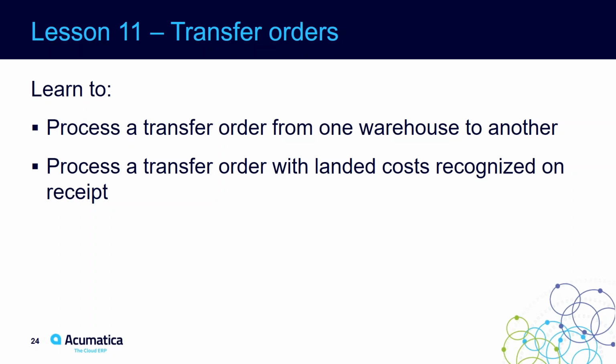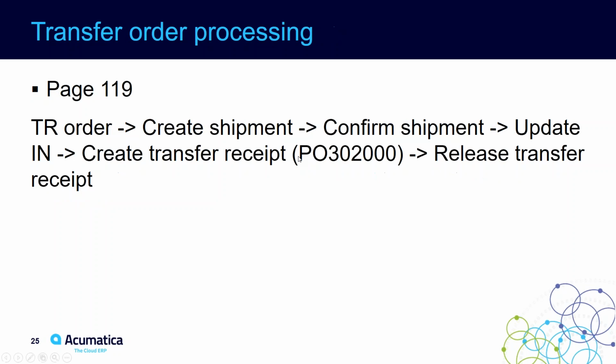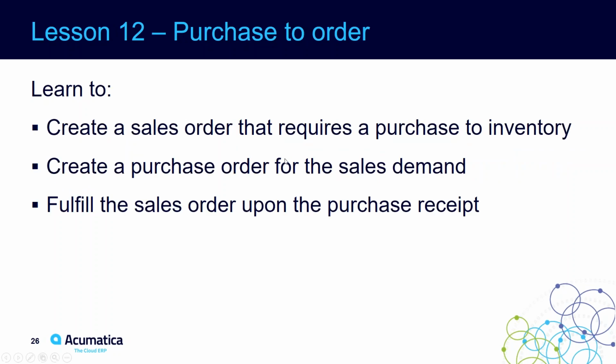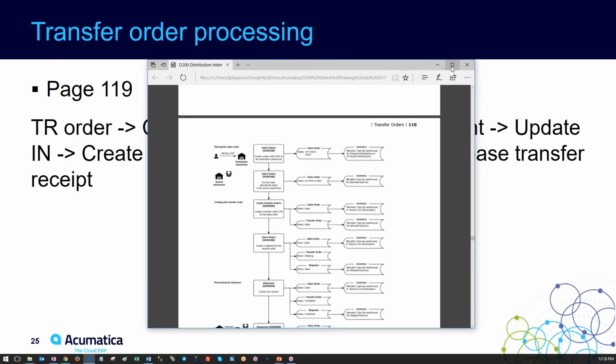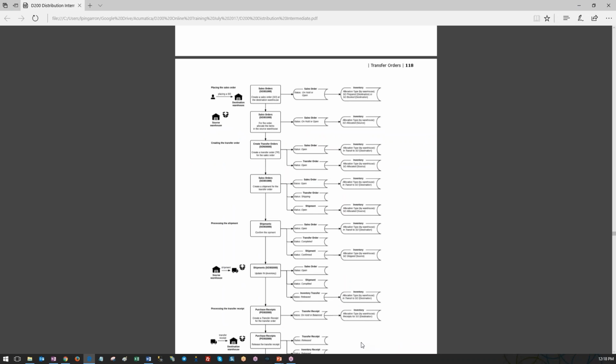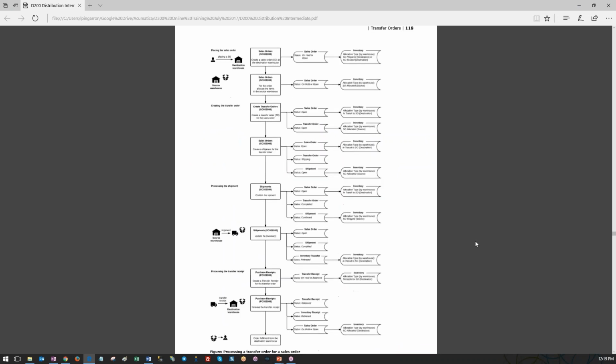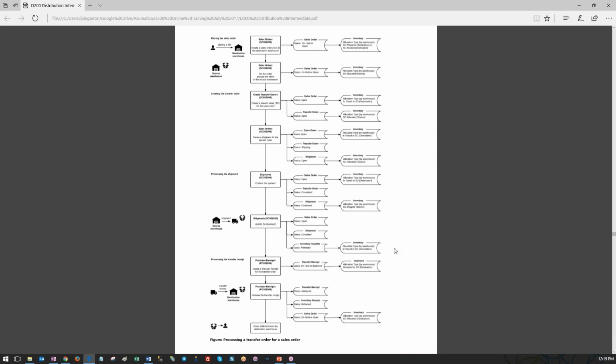Okay. On page 118, I don't think I included that. Oh no, I didn't, because it's a little bit big. We have a diagram, a graphic. Let me show you, that explains a little bit more of how the transfer order process works, and all the steps related to this transfer order, since the creation of the original sales order, and then